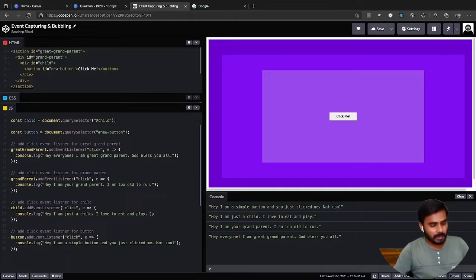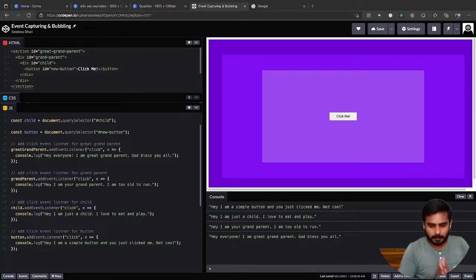And you can see this child div is inside this grandparent div. By the same rule, once you click on the button, that's an event on the button, and then on the child div, then on the grandparent div, and the same way on the great grandparent div. So all the messages are going to print on the console in the same order. First on the button, then child, then this grandparent div, and finally great grandparent div. So the question is why these messages are printing in this order, not the other way around.